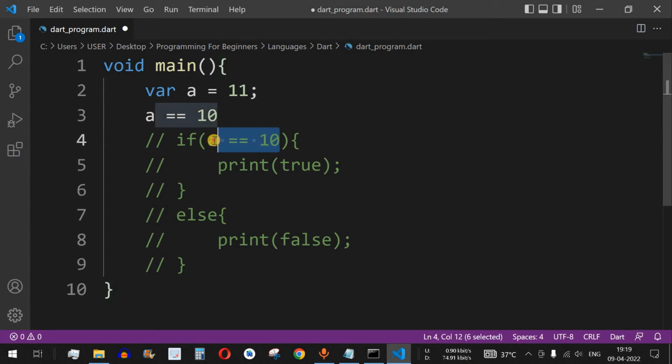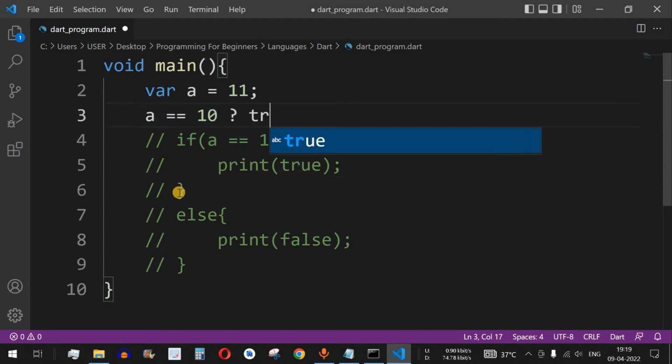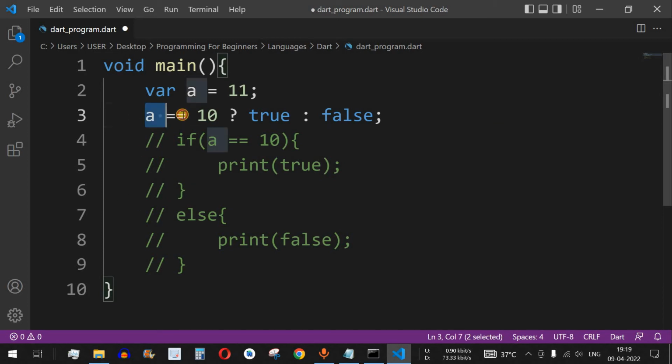So this is the condition that we are looking for, and then followed by a question mark, and then we want to return a true value if this condition returns true. So we provide true over here, and then we have a colon, otherwise it will be false. So in this case, if a is equal to 10, then true will be returned, and if this condition is false, then the expression 2, that is after the colon, will be returned.